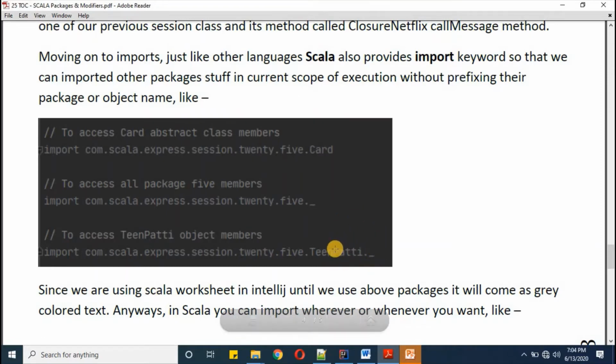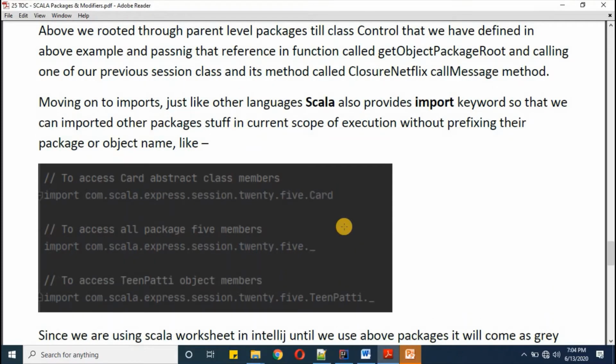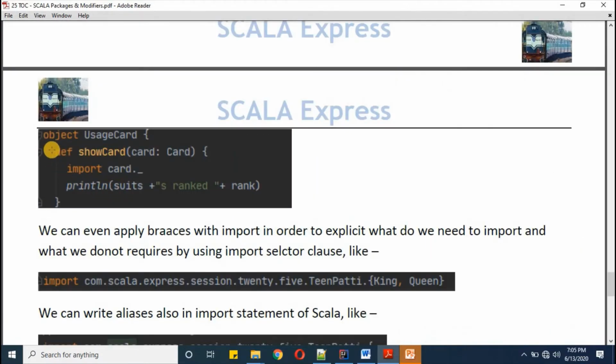and then underscore to access all the members of this subclass. So in a few of the languages, it is mandatory to import only at the top of the classes or object, but in Scala you can import anywhere, wherever you need to access those packages, objects or classes or member functions. So moving on, here I'm defining one object called usage of cards, and with this I'm